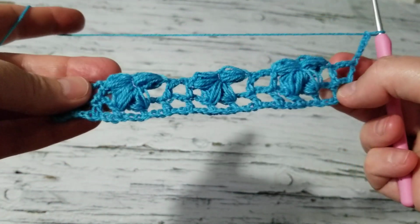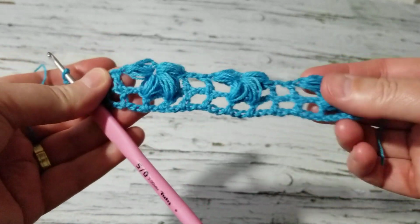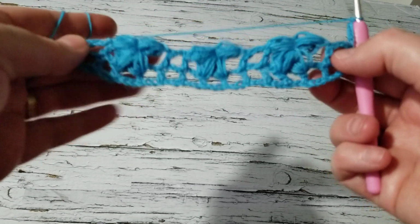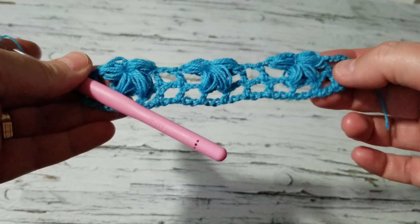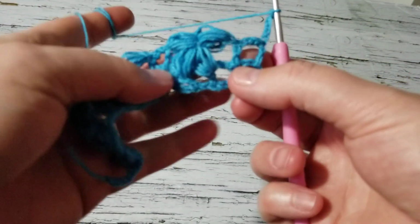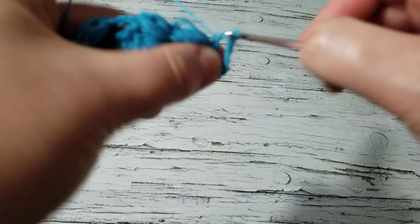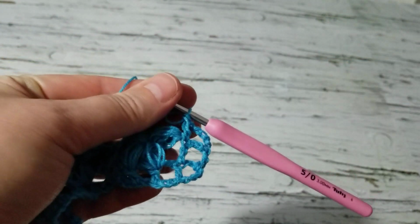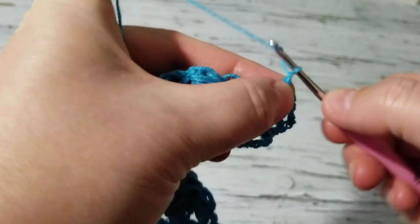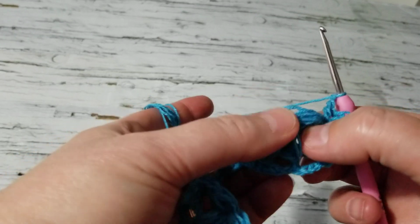Turn our work, and this is how it looks like from the back, and this is how it looks like from the front. Some yarns do not work with the stitch. It's not finished yet, but I will decide if this yarn will work with this. So I'm going to make a double crochet right on top of that double crochet, just like this. Okay, so we're going to chain 2, and then I'm just going to come in between this petal here, and